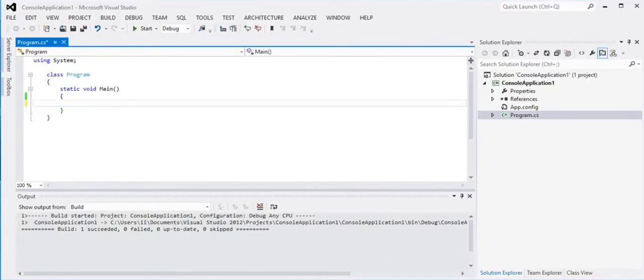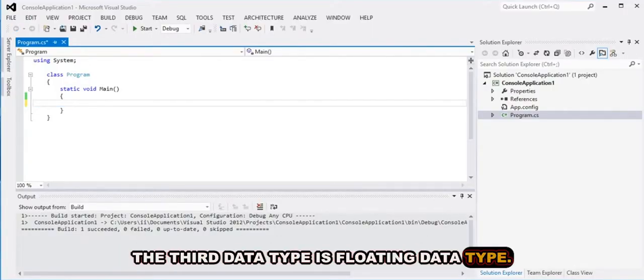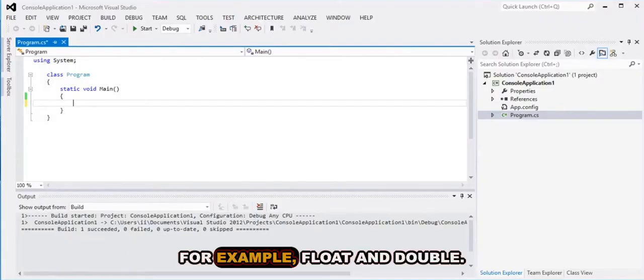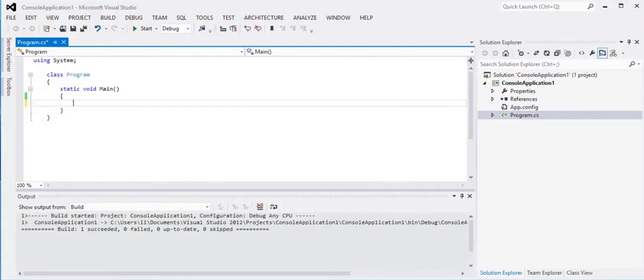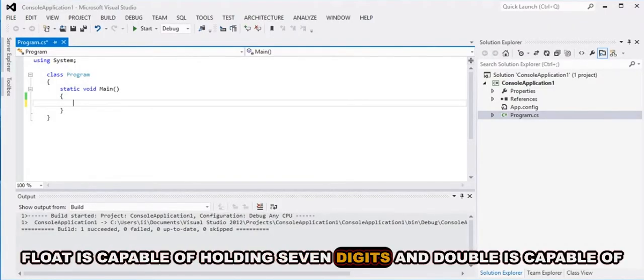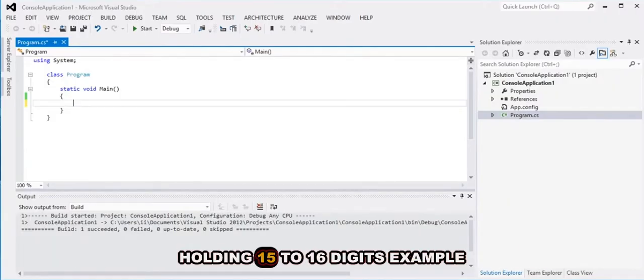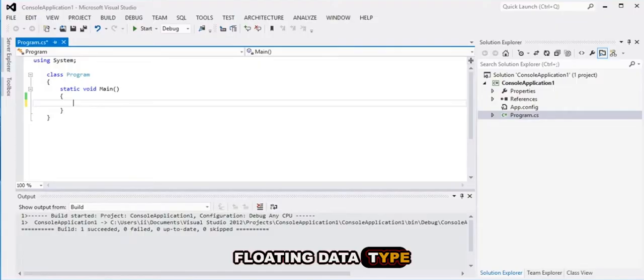Okay friends, the third data type is floating data type. For example, float and double. Float is capable of holding 7 digits and double is capable of holding 15 to 16 digits. Example of floating data type: